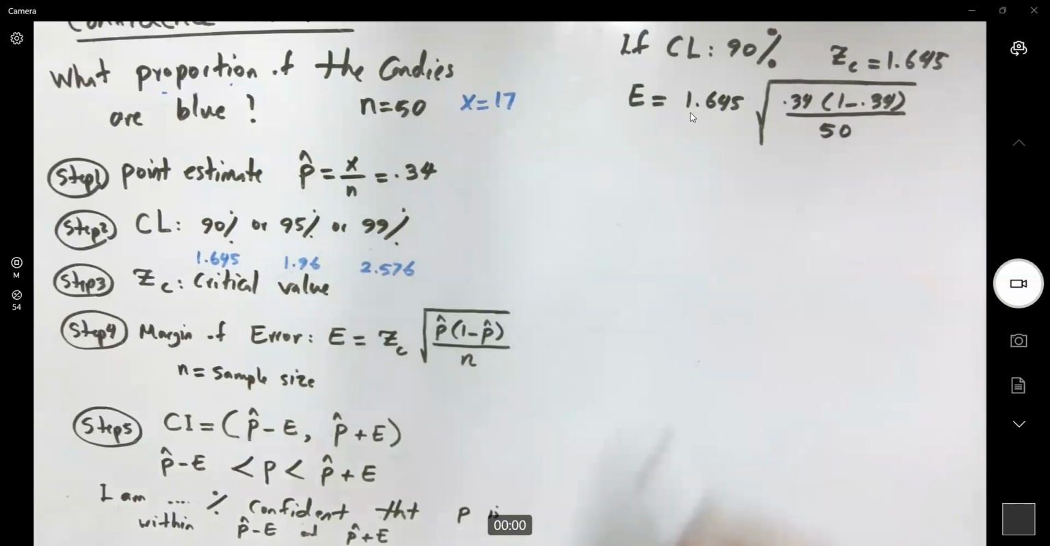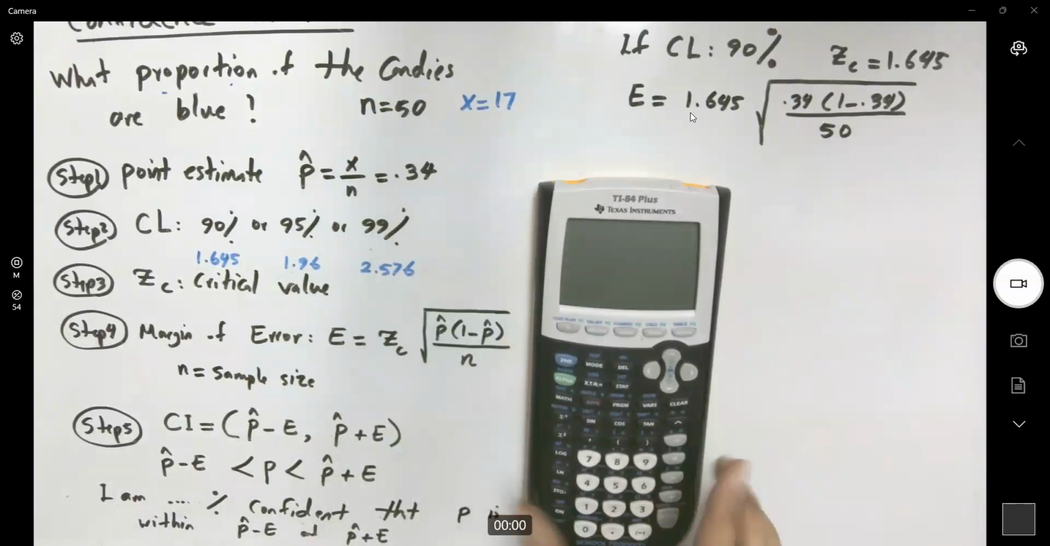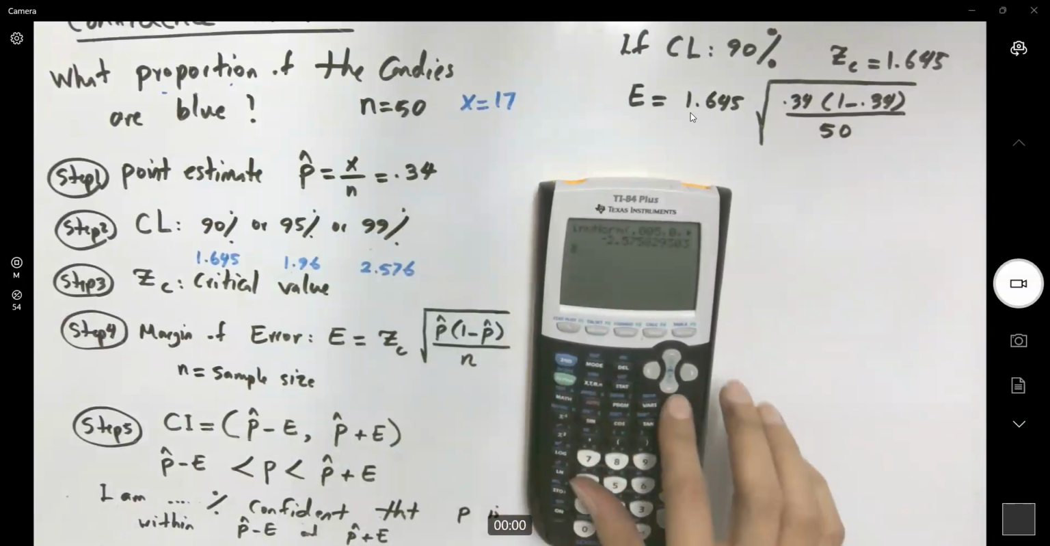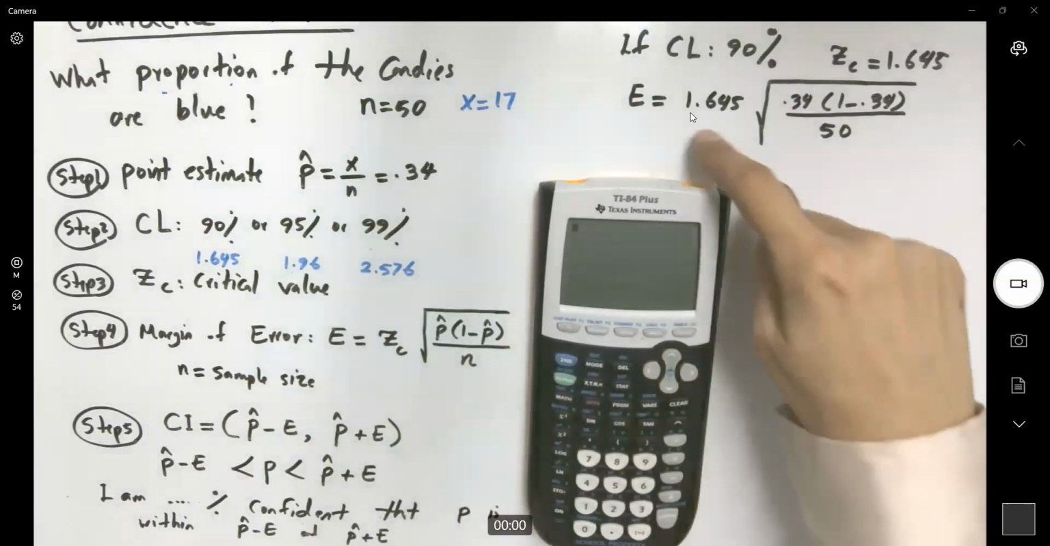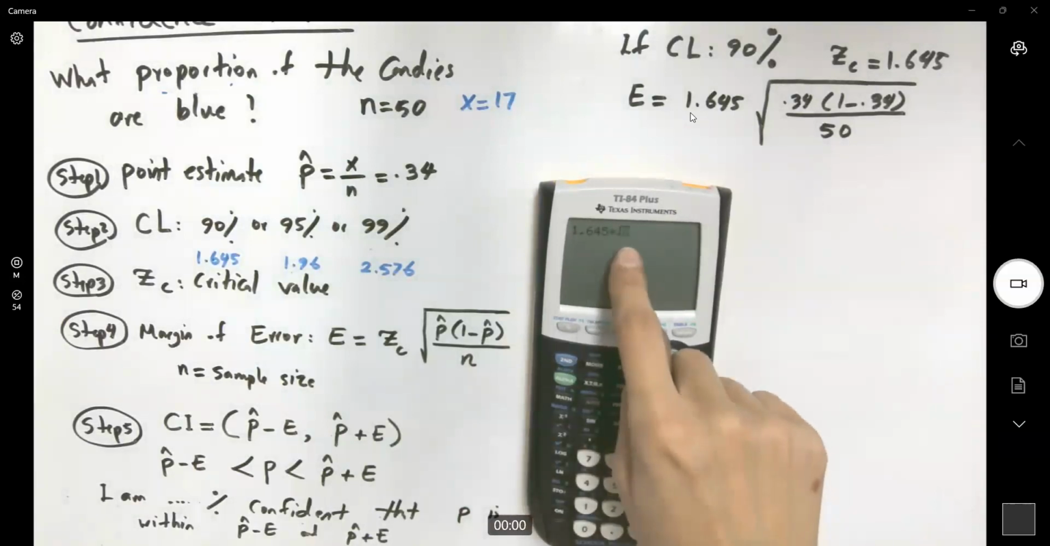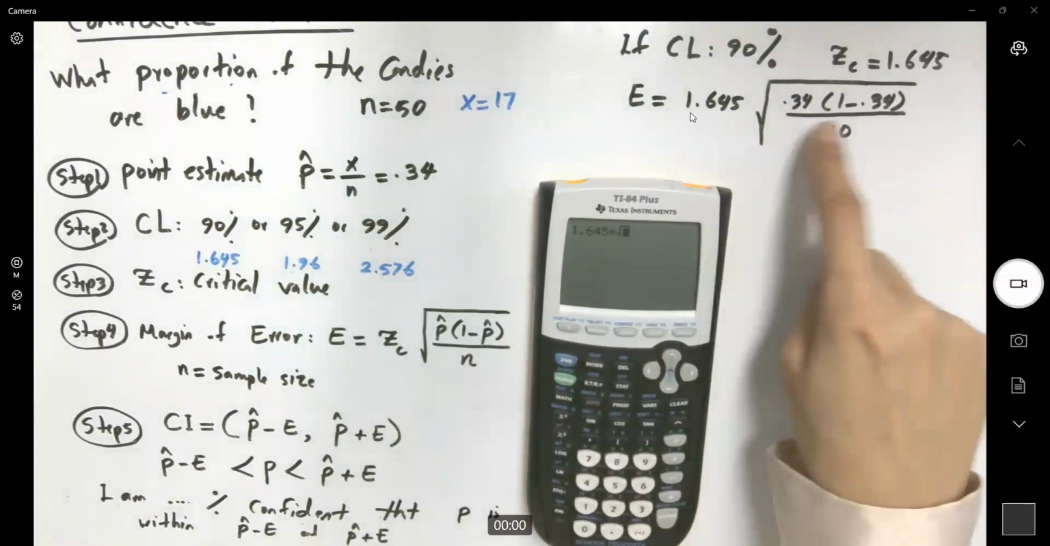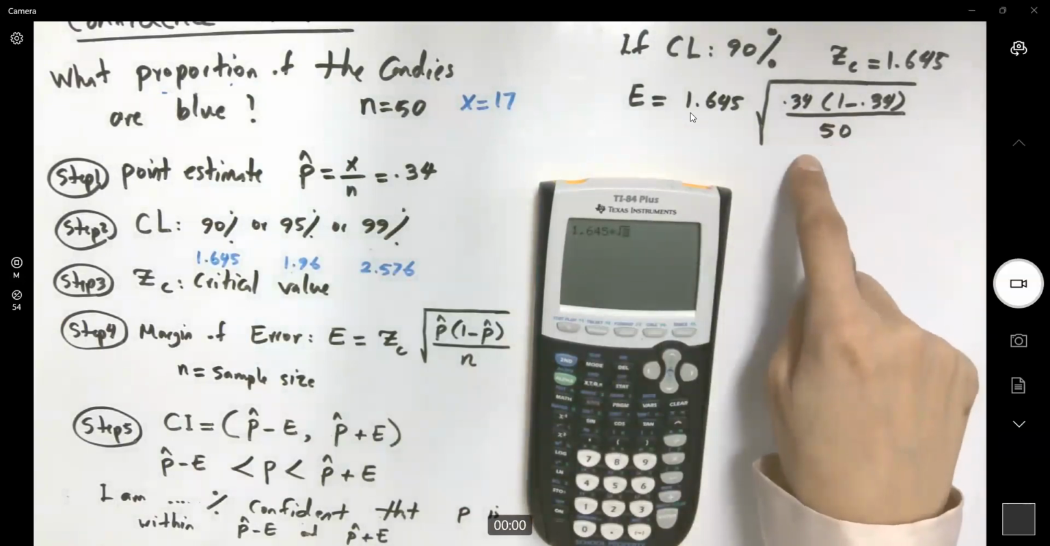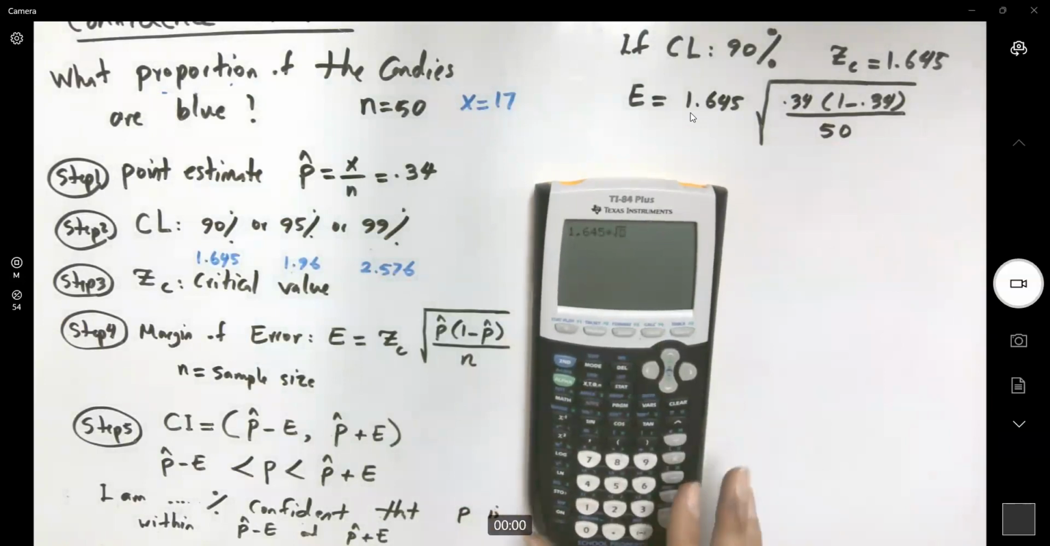We have to do the calculation here. So let us take a look at our calculator. Turn on the calculator, clear. We have 1.645 multiplied by, well, here secant x squared gives you the radical. You have multiplication and division, so use some grouping symbols like parentheses. 34%